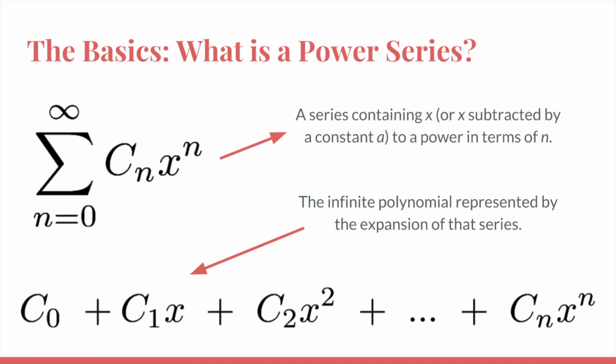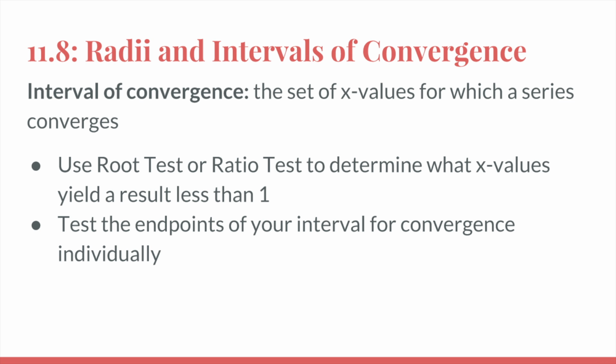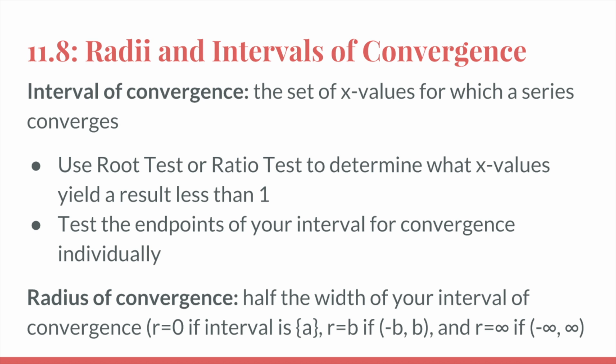We can also view a power series as the infinite polynomial represented by the expansion of that power series, and we're going to be going over how to convert between the two. So remember that your interval of convergence is the set of x values for which a series converges, and that your radius of convergence is just going to be half of the width of that interval, and you can see why